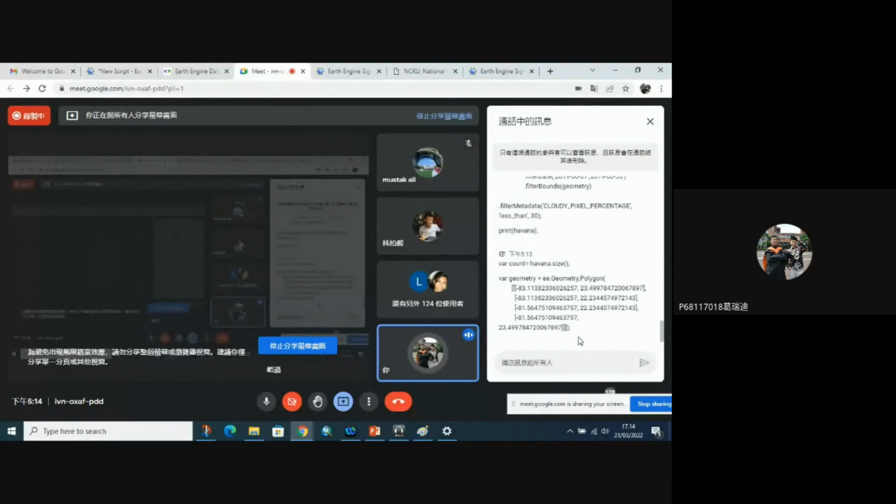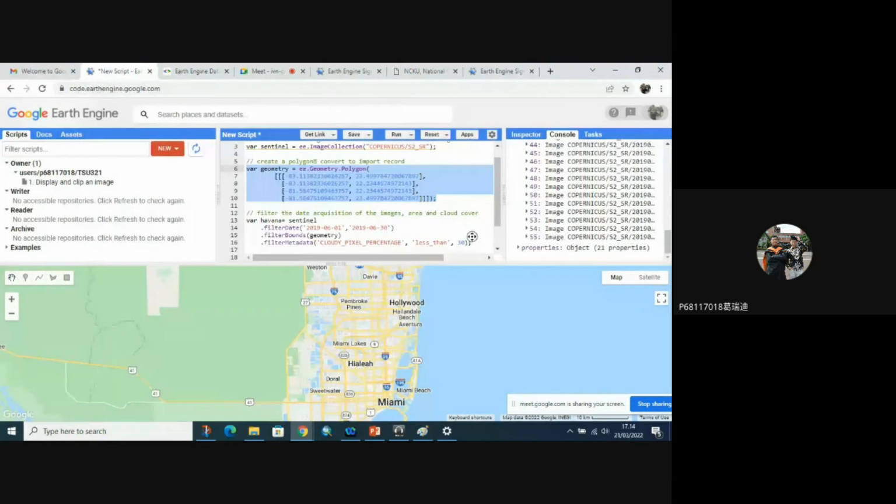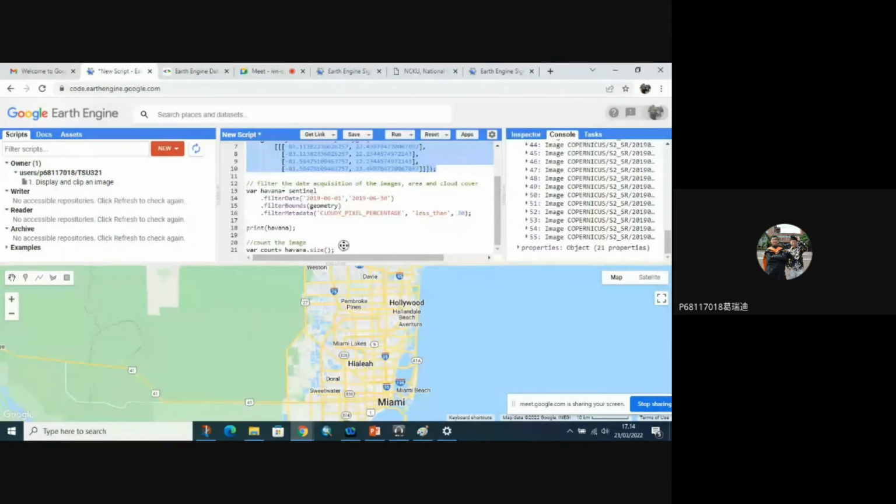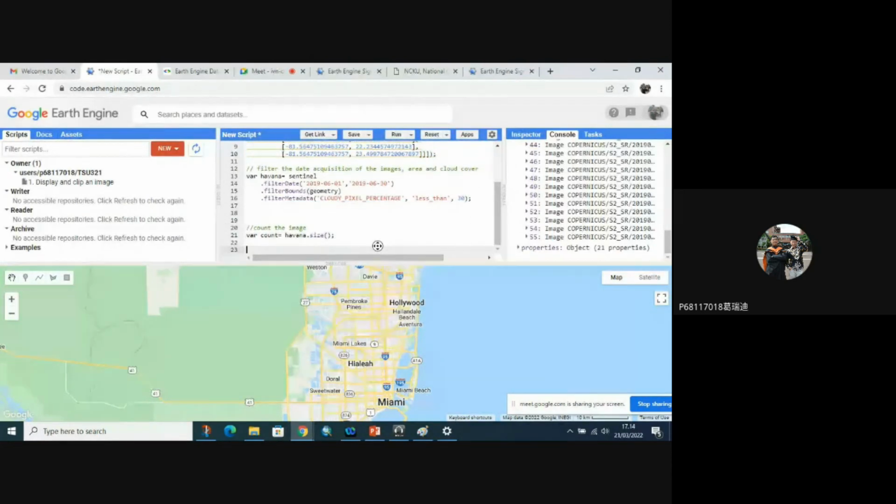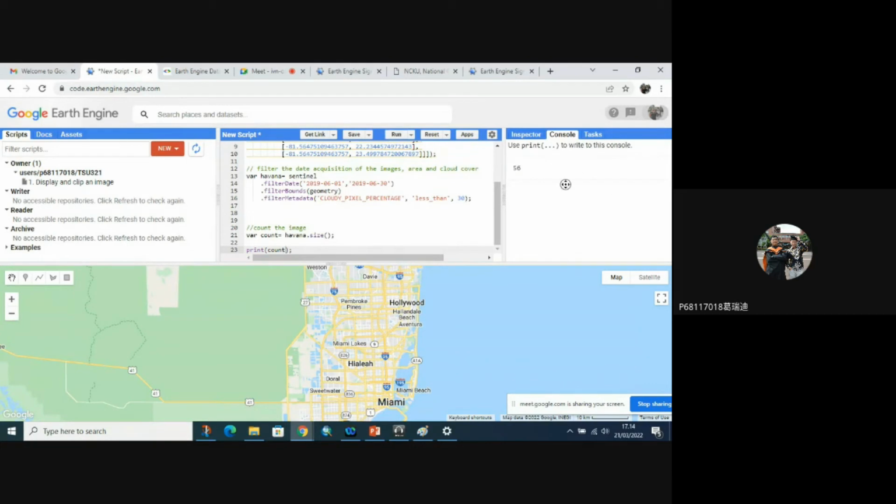You can copy it. Yeah, one, two, three, and four points to make a square polygon. Change it with print count. Yeah, you will get the 56 images.